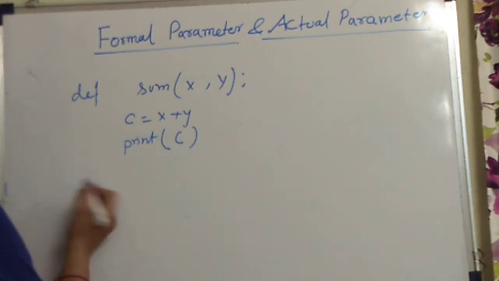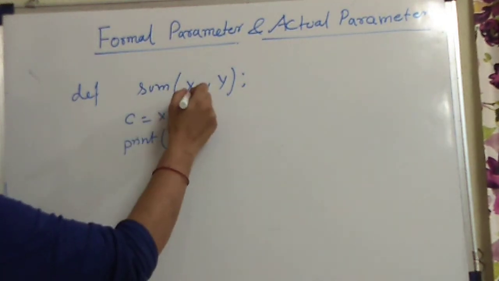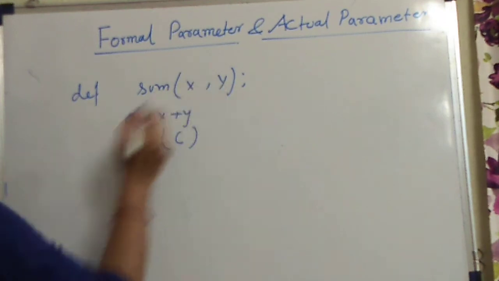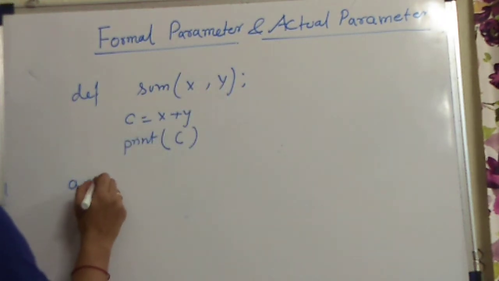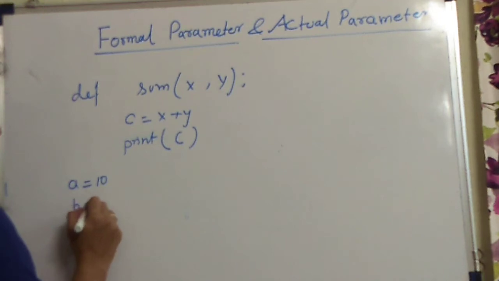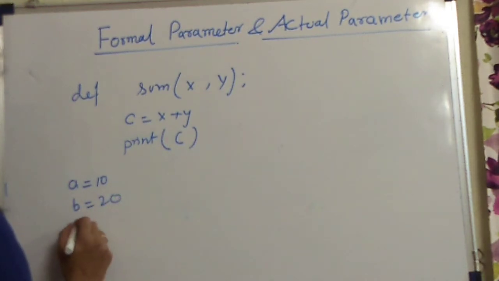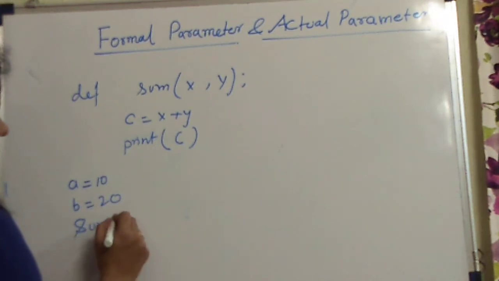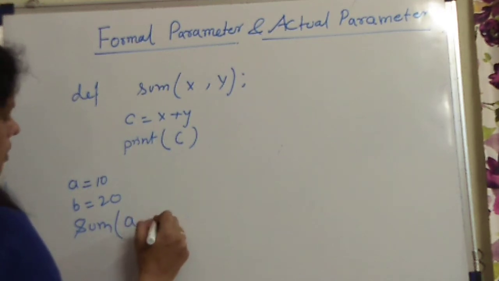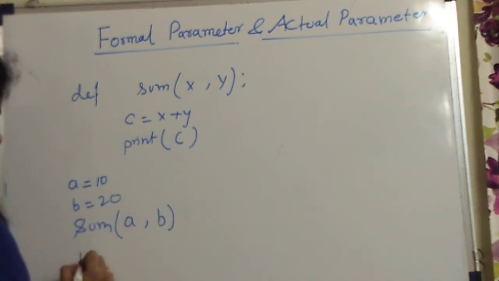Now here you are going to assign value to x, or directly pass a value. It is not necessary that what you have taken here as x and y, the same names should be there, like a equals 10, b equals 20. Now sum a comma b. Okay,